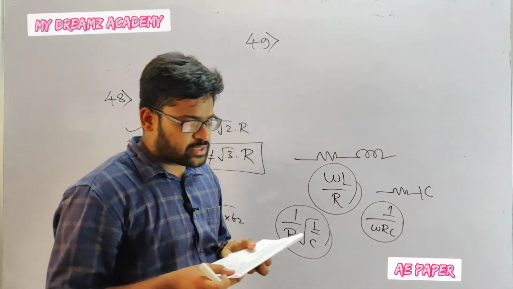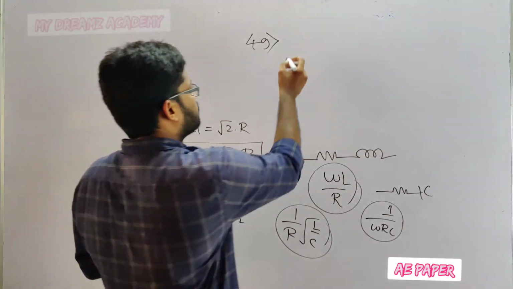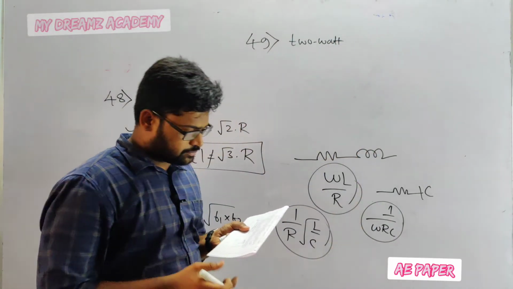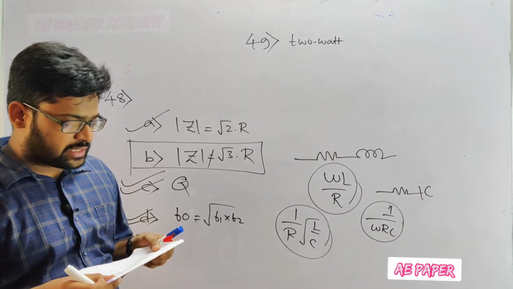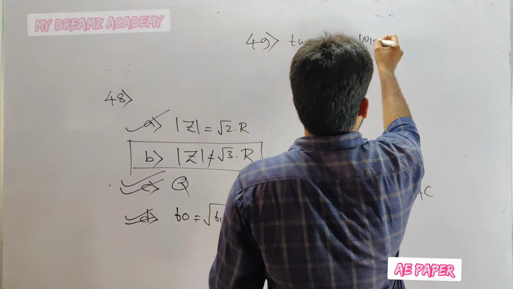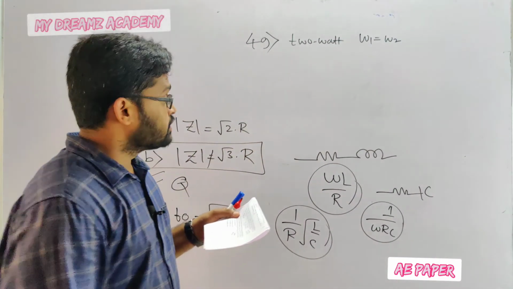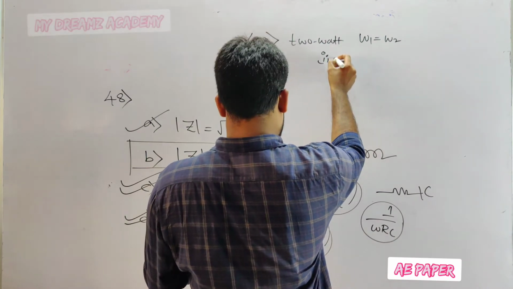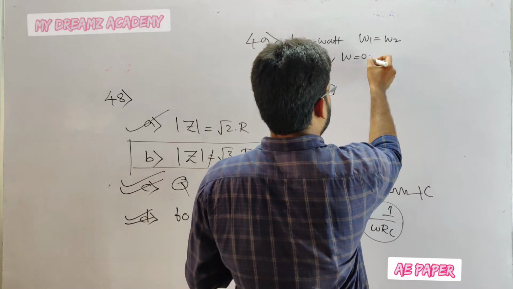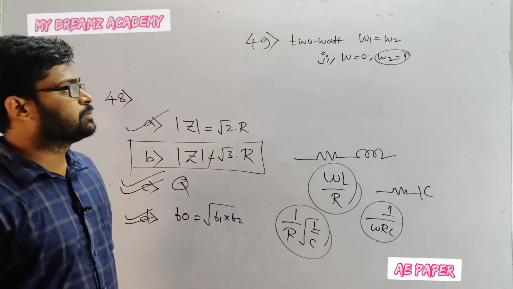In measuring 3-phase power by the 2 wattmeter method. This is the second question from the 2 wattmeter method. The corresponding power factor of the load, if the 2 wattmeters read equal, W1 is equal to W2. And second one, 1 wattmeter reads 0. The remaining entire power will be calculated by the second wattmeter. Now we need to calculate the power factor.